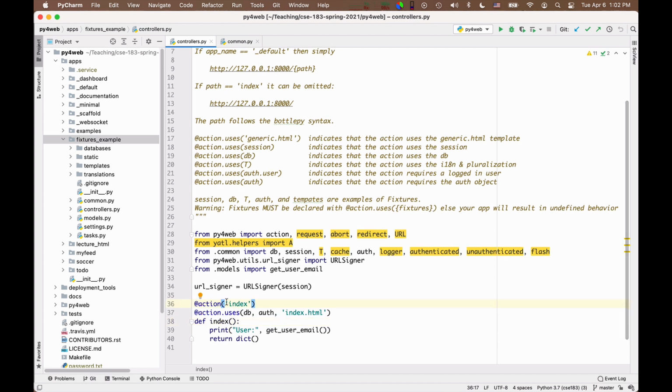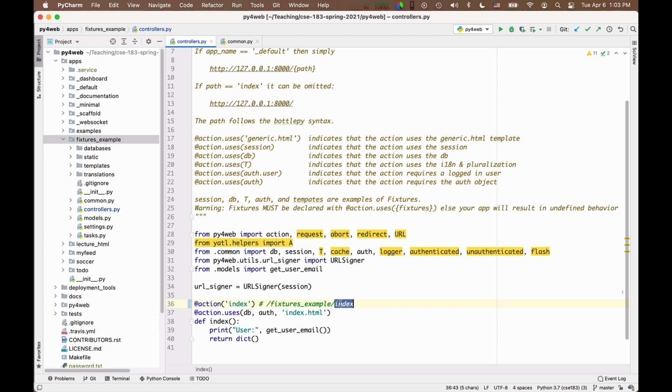The action with the index as a string in it means essentially that the URL will be accessible from localhost, etc., but then there is going to be fixture example, so the name of the application, and then index.